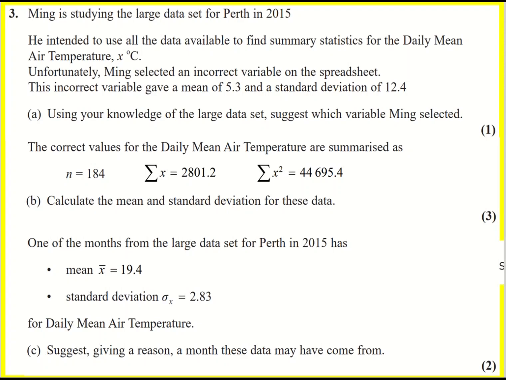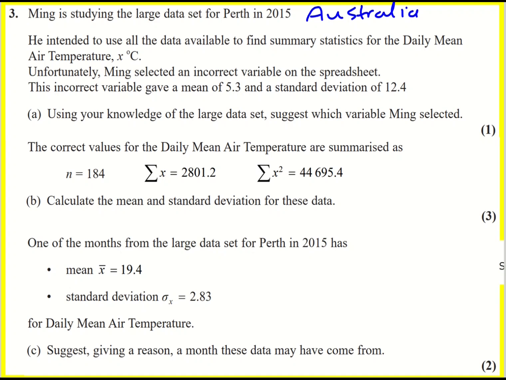We're dealing with the large data set here. So Ming's studying it for Perth in 2015. Remember, Perth is in Australia, so worth just noting that when you start this question. And he intended to use all the data available to find summary statistics for the daily mean air temperature, but